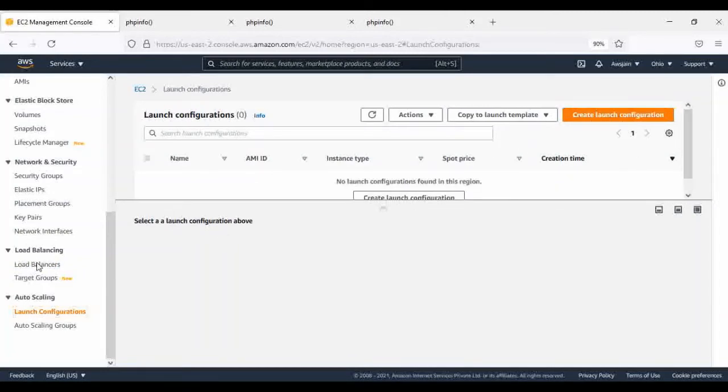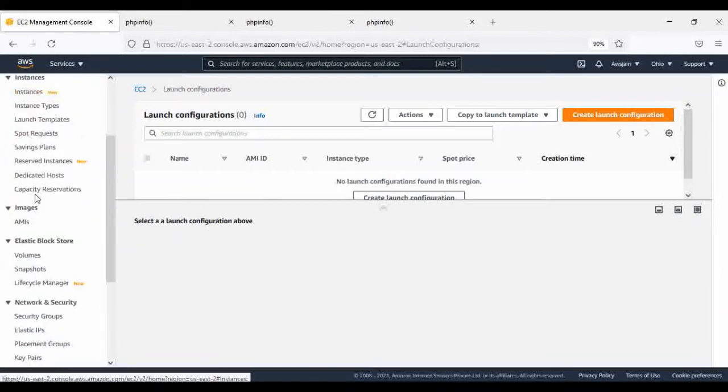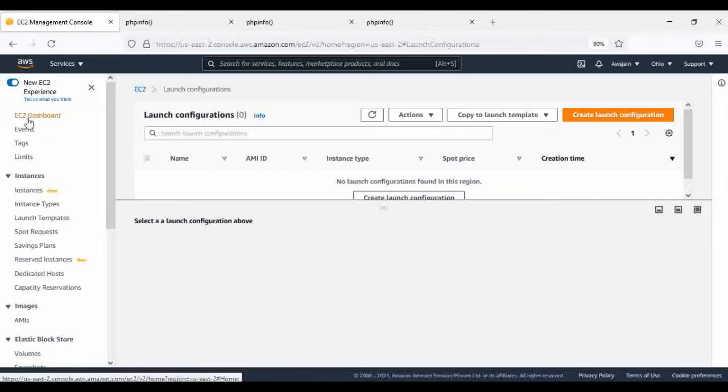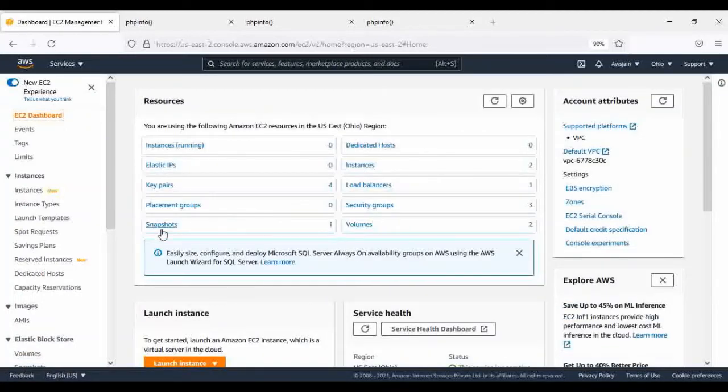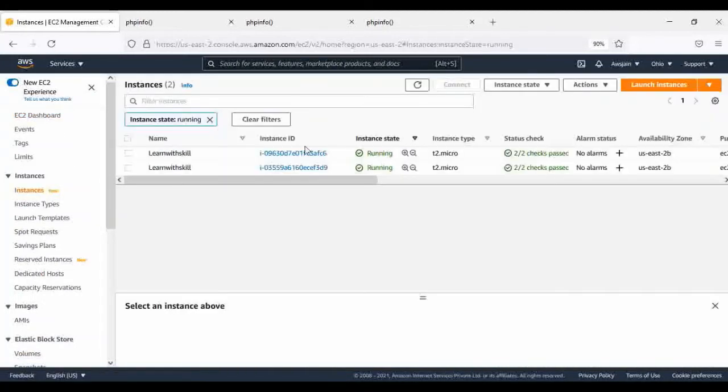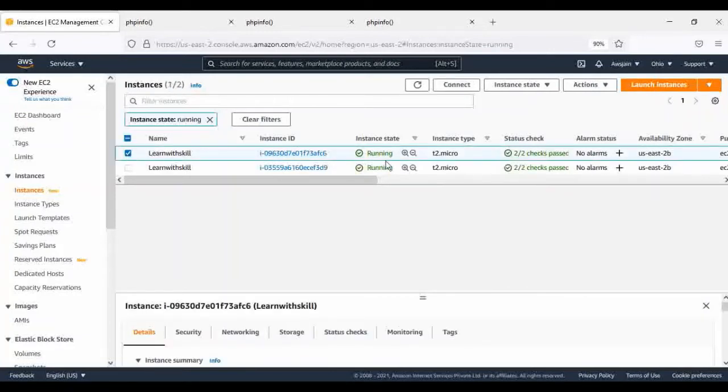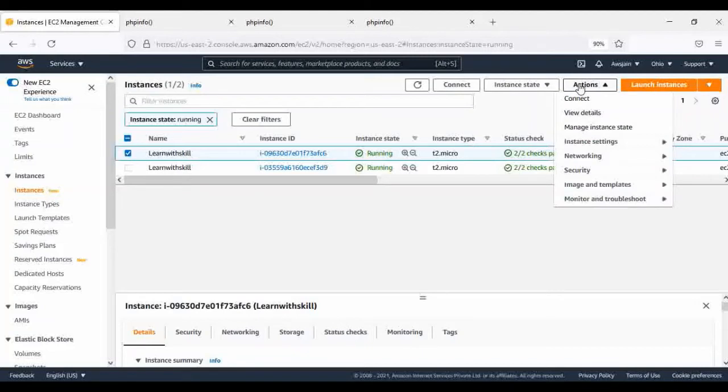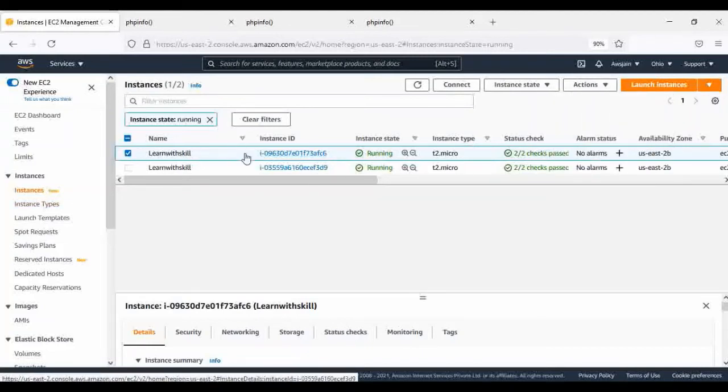In my case, I'll be using an AMI image. For example, I have an EC2 instance running. I'll be creating an AMI image for my EC2 instance. So let's assume the content in both servers is the same, and we have already configured EFS or any type of file system to share the data. So in that case,